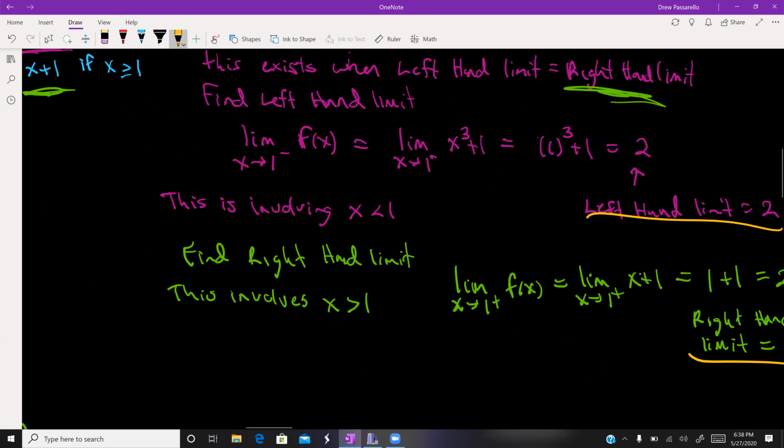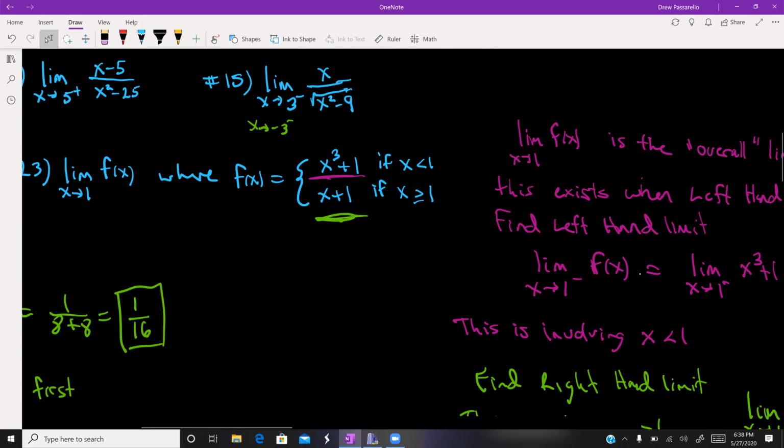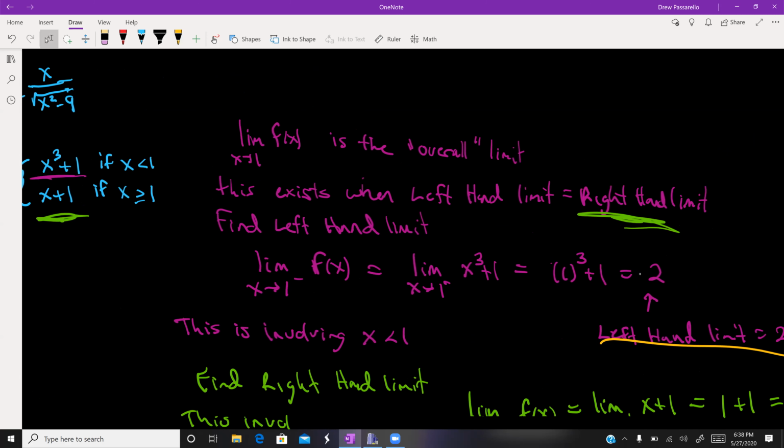All right. So hopefully that makes sense. So we had a piecewise function. In particular, we were focusing on the limit as x approaches 1. Based on our conditions, it depends on which piece to use when involving 1. So I had a left-hand limit and a right-hand limit. If those are equal to each other, then that means the overall limit exists and it's equal to whatever these